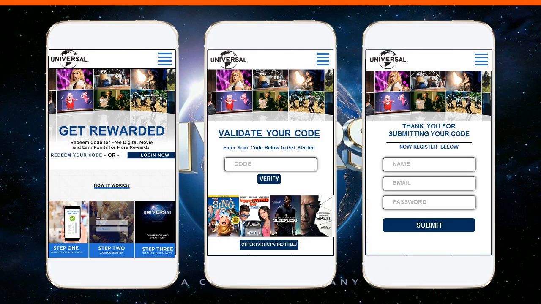Now the consumer is on the microsite. Universal came to us and said, for every single consumer who registers for our rewards program, we want them to have purchased the new release film first in order to get access. So consumers immediately insert a unique alphanumerical PIN code, and when they click verify and there's a match, it unlocks the registration form. So we know that every single registered consumer had purchased the new release film.